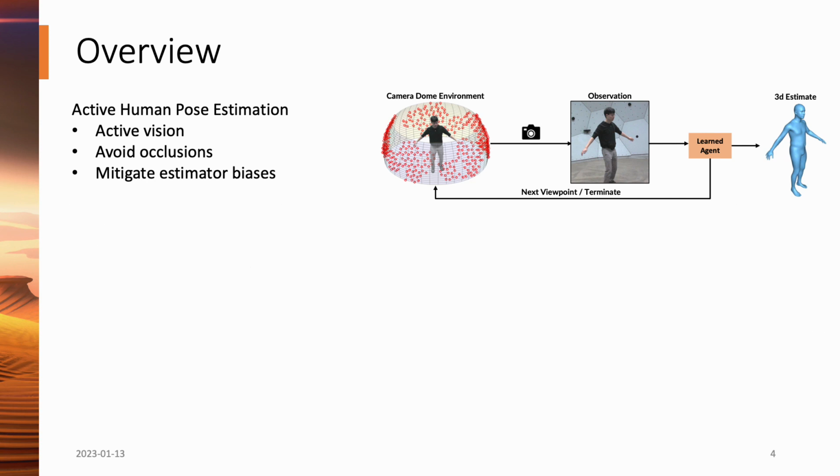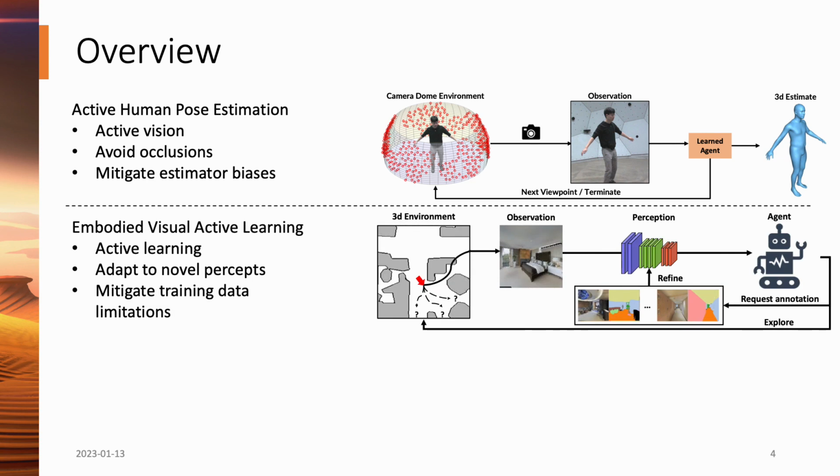pose network. Next, in embodied visual active learning, the embodied agent is given an untrained visual model in a novel environment and must learn how to refine it. The idea being that agents must be able to adapt to novel percepts, as no training data is likely to be complete. In the paper, we study the problem for semantic segmentation, but refining a visual model in the presence of novel views is an idea that is of interest to other tasks such as object detection and human pose